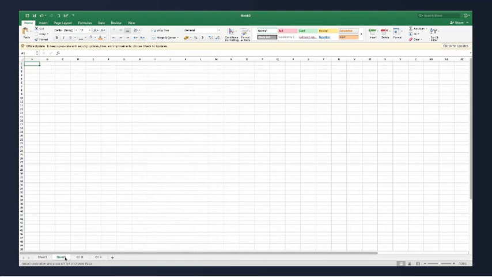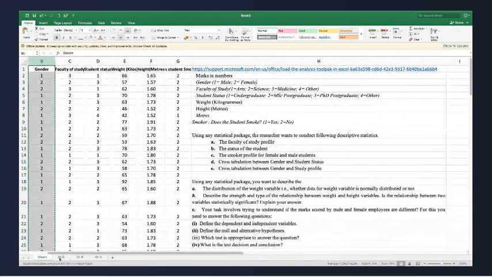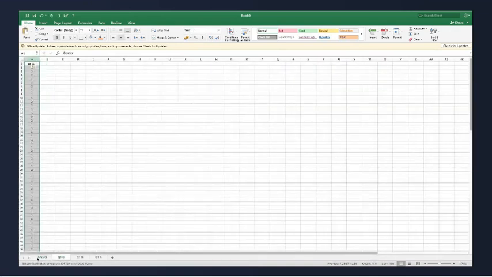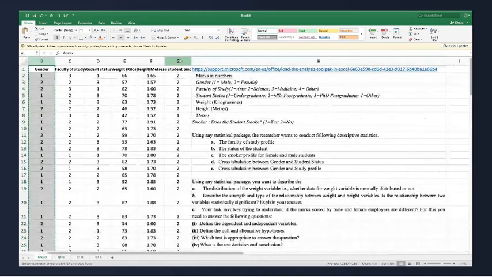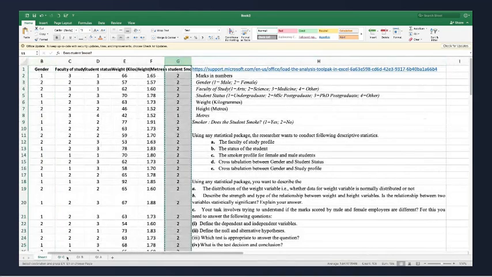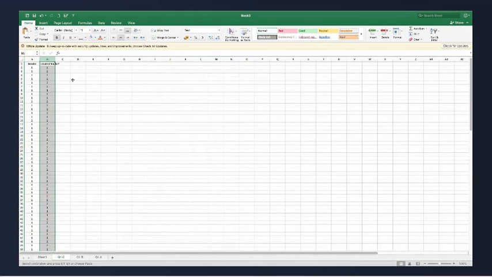So if the same pattern comes in, you have to do the calculation in different sheets for different questions, right? So it is 1C. Then smoker profile, you will copy again and go in the sheet of 1C, put it here.